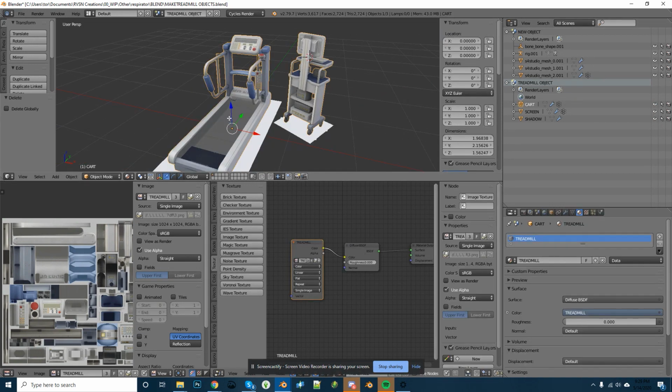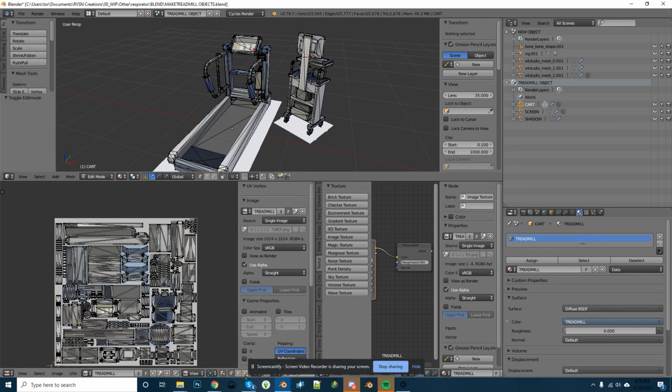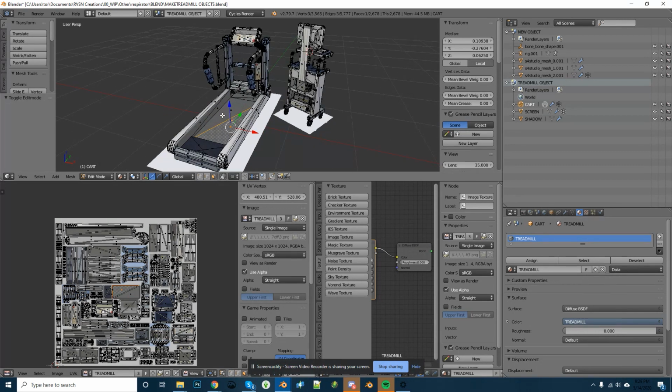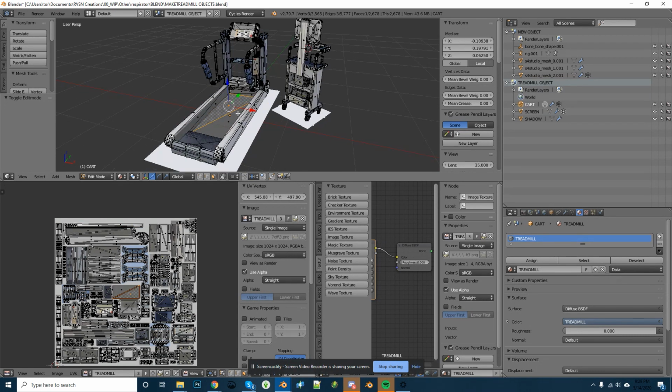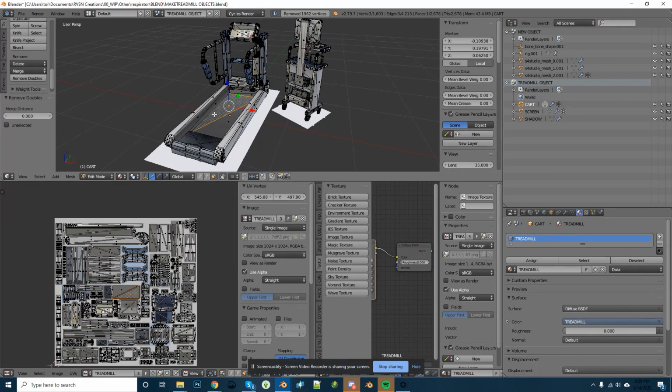This is what I like to do when I'm extracting objects. I'll go in here, and when you toggle this, what's nice is that when I click something, I can see where it is on the UV map. You can see as I click here, it shows up down here. The reason I like to do this is because I feel like it's easier to see what needs to be deleted. So to make things really easy, I'll highlight everything, remove doubles,